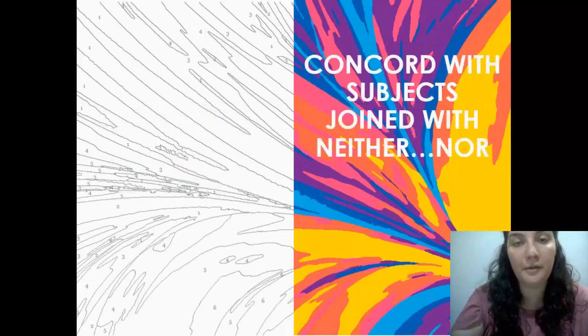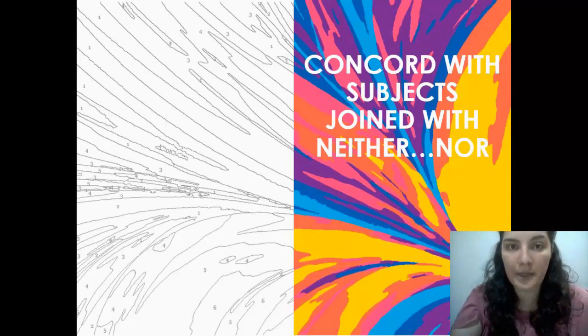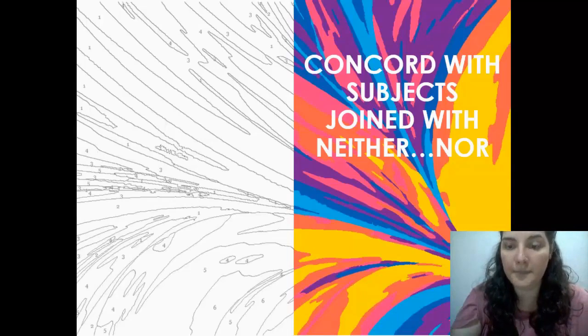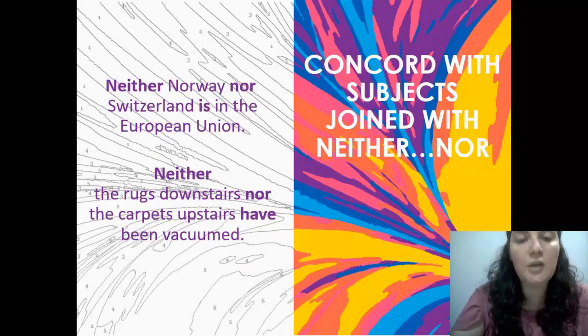In the case of subjects coordinated by the correlative coordinator neither nor, the same we've seen in the previous example happens here. If the coordinated subjects are singular, a singular verb is required, and if they are plural, then a plural verb is required. In the following examples, the first shows a coordinated subject where both subjects are singular, so a singular verb is used, and the second example has two plural subjects coordinated by neither nor, so a plural